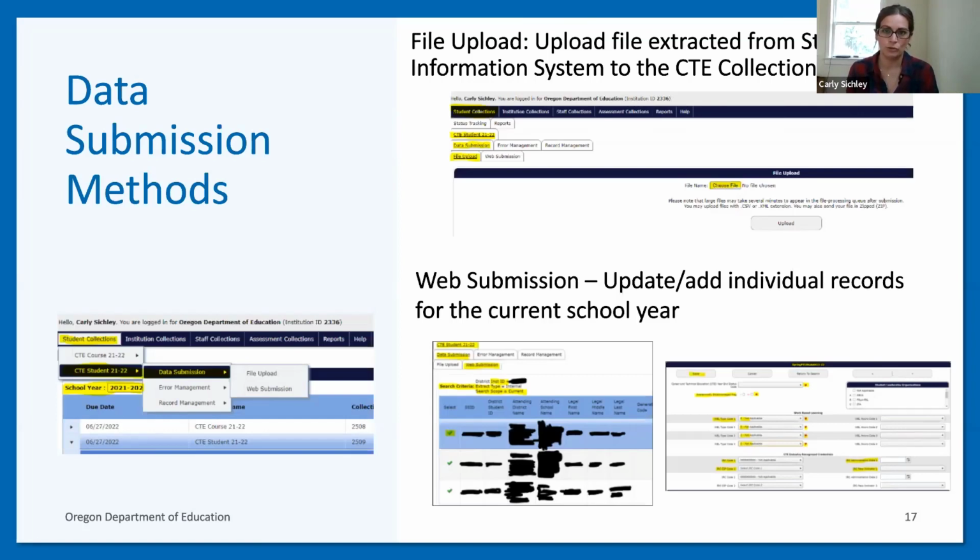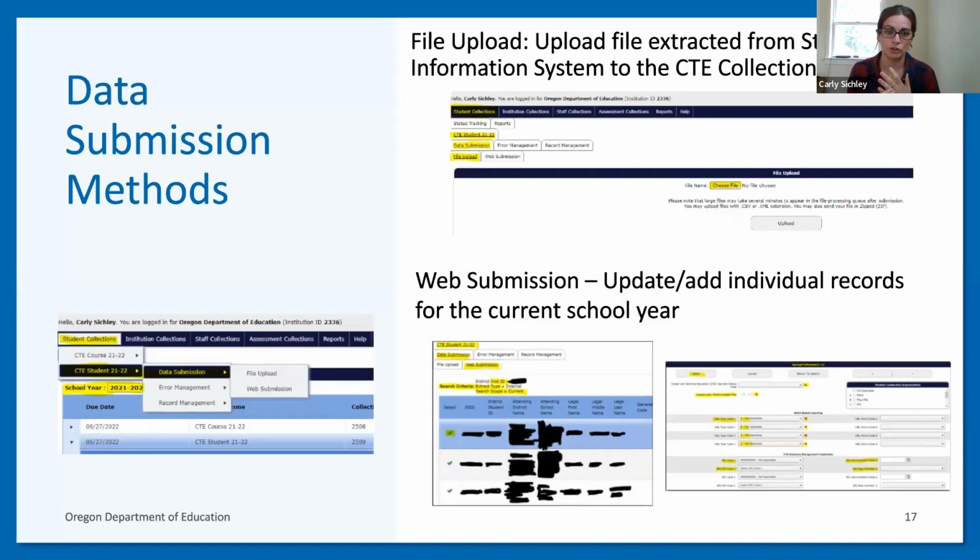You would be able to save that to your computer and then upload it using the file upload in the collection. Once you have extracted that file, it's a great idea to look at it, go over it, make sure that things are there, look for any discrepancies, and see if there's anything that needs to be manually adjusted before making that file upload.